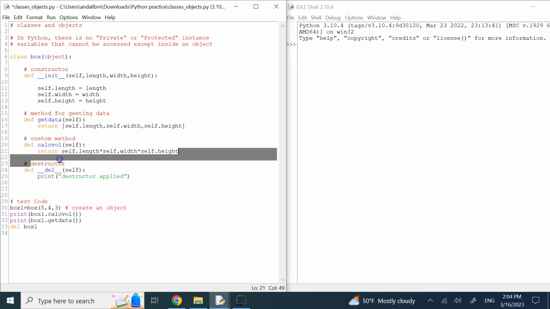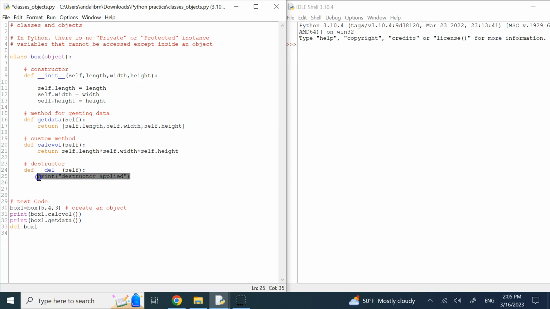And you can have a destructor, which frees up memory for you. And again, on both sides of the word del, which is for delete, you have two underscores, and self. Basically, if you want, you can show something on the monitor, or if you don't, you can just go ahead and comment this part out. So you don't need to show anything when you apply the destructor. Okay, as long as in your code you say del and then you provide the name of the object